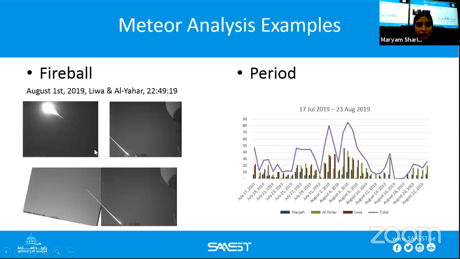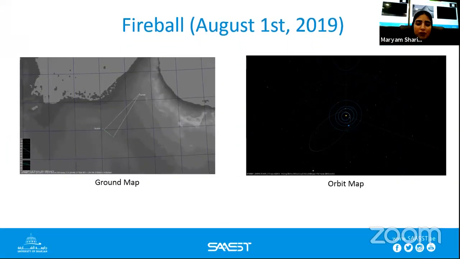I will show you the analysis of the specific fireball, and then I'll show you the analysis results of this specific period. So now here we have the ground map and the orbit map of that specific meteor. That's where the two towers observed the meteor. As you can see here, it was closer to Liwa, and this is Al-Yahr. So that's the ground map, and the orbit map shows that this is the orbit of that specific fireball